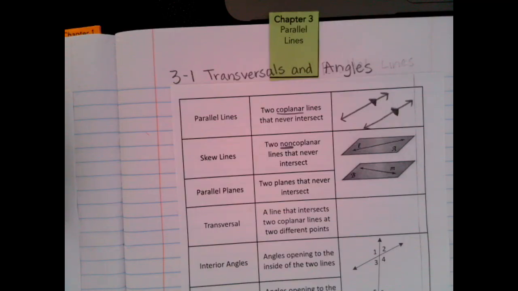Okay, so skew means that there's space between. But they can't be going in the same direction, because even if they don't touch,